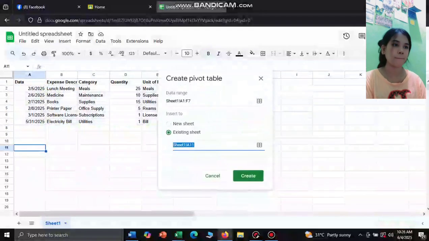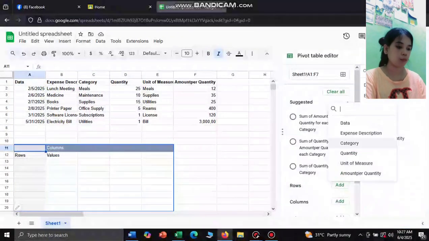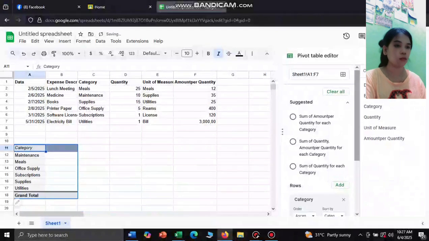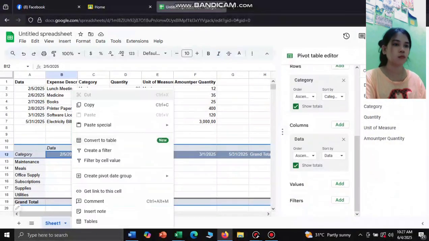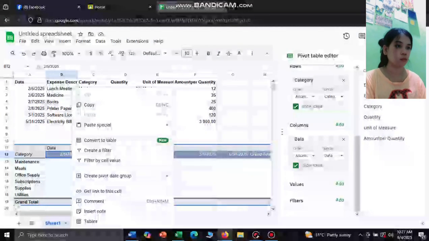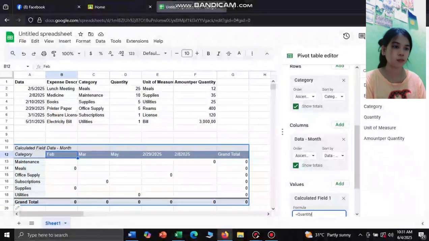Highlight this. We first do a pivot table. So go to Insert, click Pivot Table, new sheet, and just press Create. So there is a row. We will go to